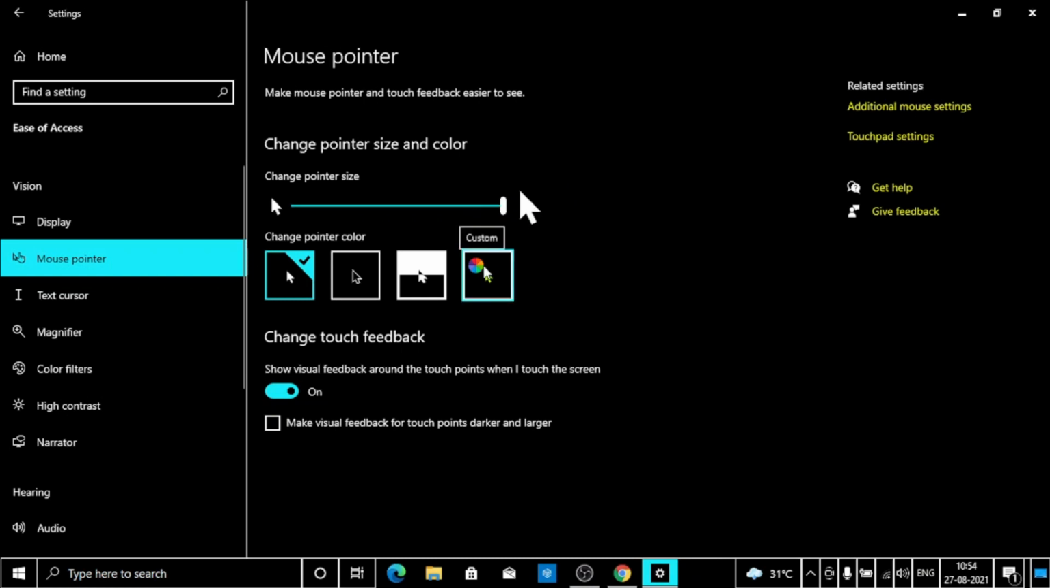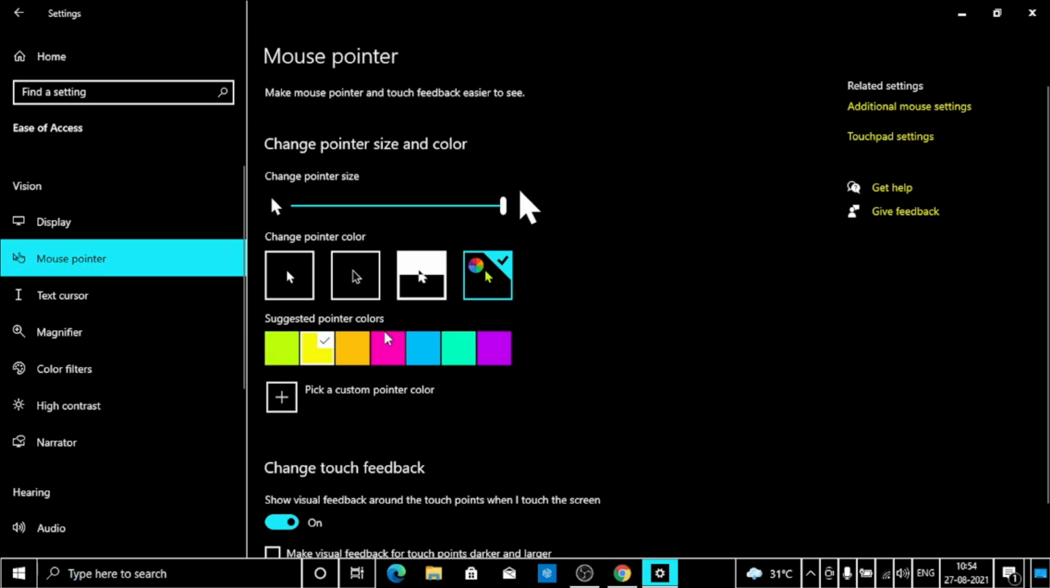If you want to change the color, click over here, there are lots of colors, custom colors. You can pick a custom pointer color from the next color. From here you can select. If I select this color it will turn